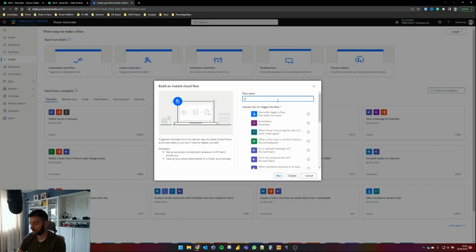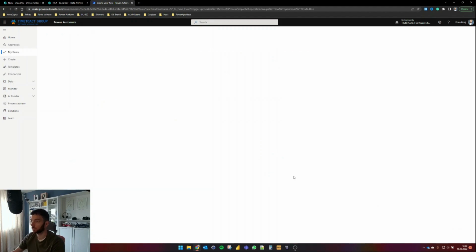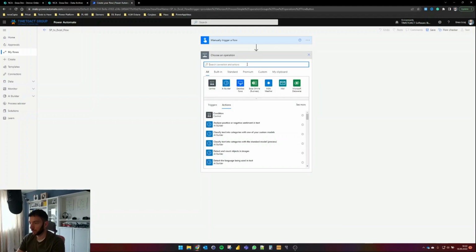it Excel or SharePoint to Excel flow. Really bad at naming. Anyways, manually trigger flow, create. Okay, so first we need to initialize some variables. First variable will be the calendar week. So let's search for variable,